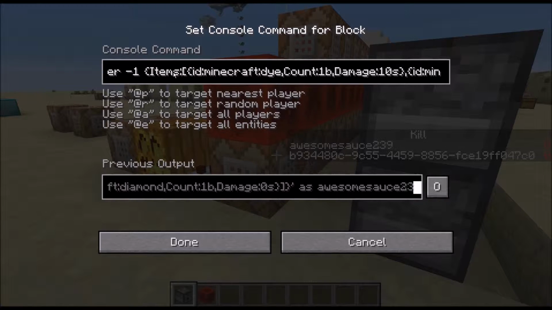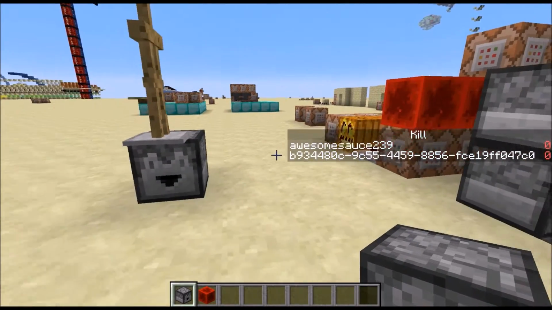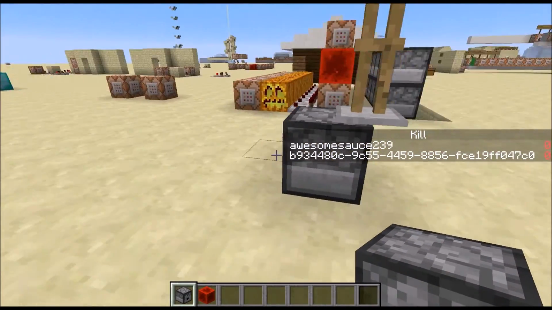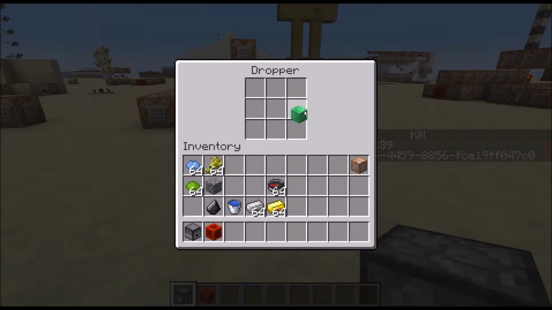And it's going to test for one that has the dye, one of them, and it is lime green, and also has a diamond that is damage 0 because diamonds don't have damage values. Then I'm going to actually show you something slightly different, but